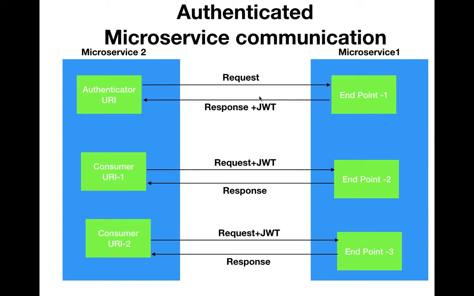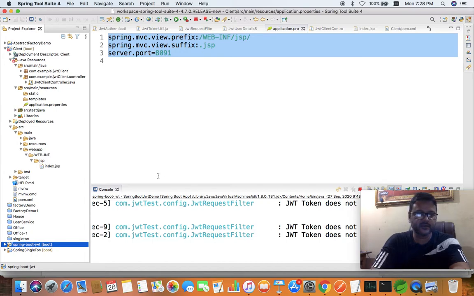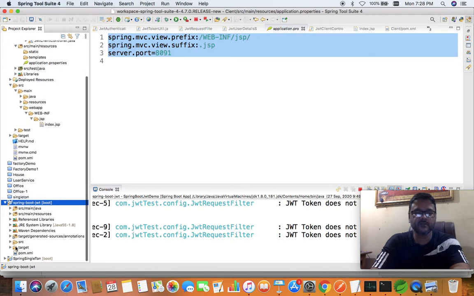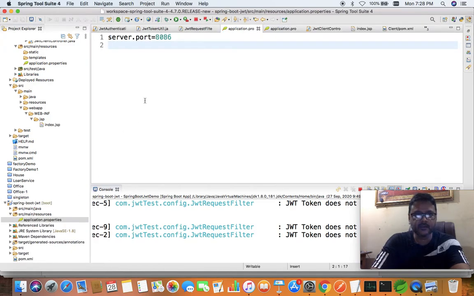In the previous video, let me go for a quick flashback. If you look at the STS, I have this Spring Boot JWT project which is generating our JWT. It is running on port number 8086.